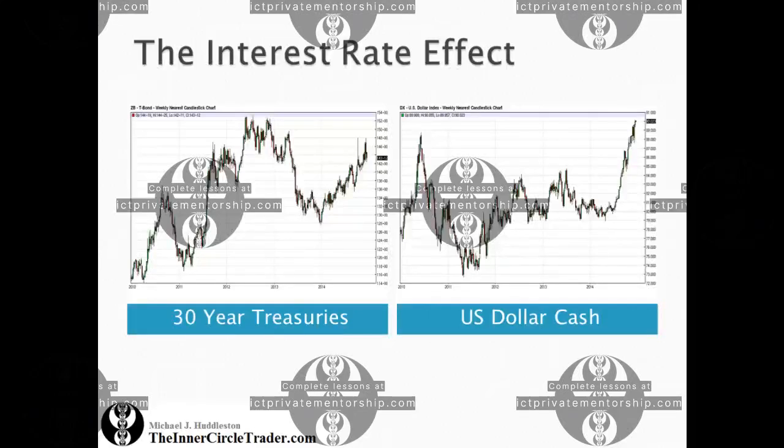Now, what is the interest rate effect? Well, it's simply an understanding of the interest rate market, and we're going to focus on the 30-year treasuries. Now, the 30-year treasury is an instrument that is tradable in the futures market. We're not going to be talking about commodities so much in depth in this particular video, but we will relate to them as we go through the entire series as it deems necessary. When we look at the market as a whole, and I'm talking all asset classes, equities, currencies, commodities, even agricultural and foods and softs, and energy prices like oil, gold and silver as precious metals, all of those particular markets